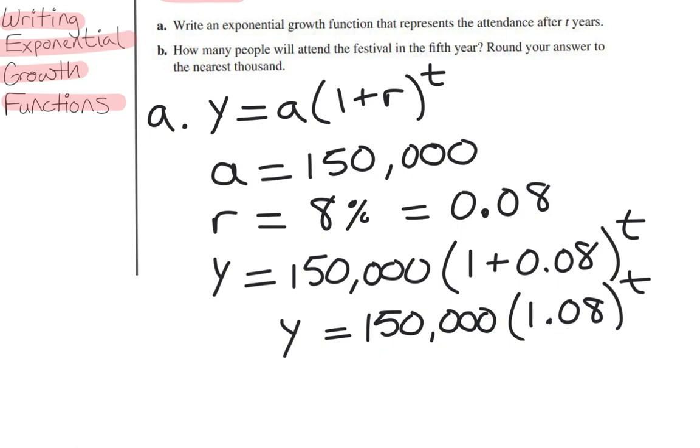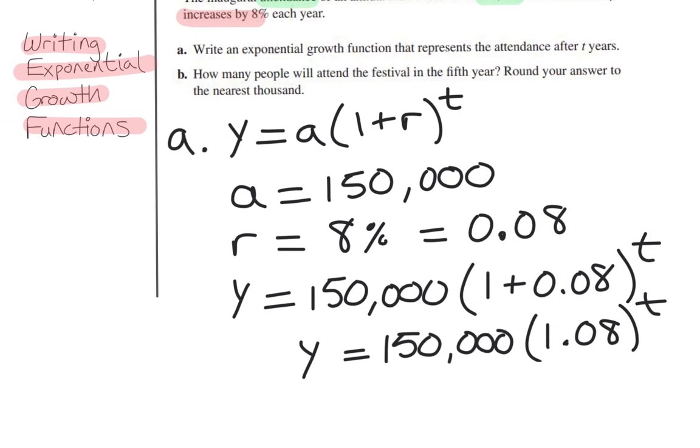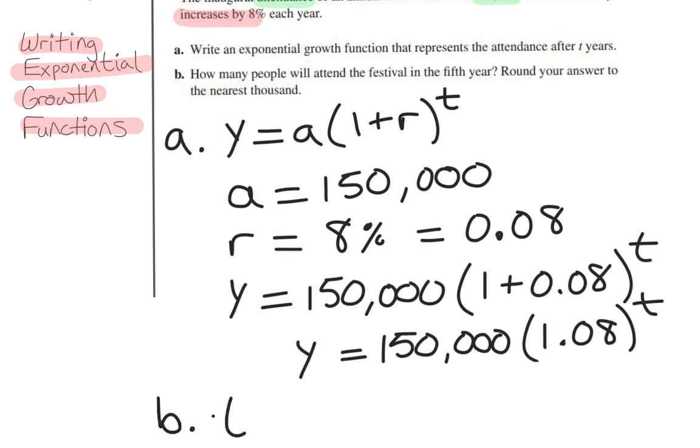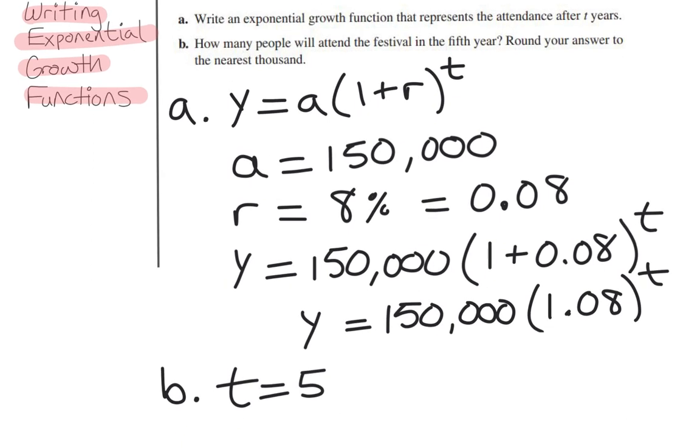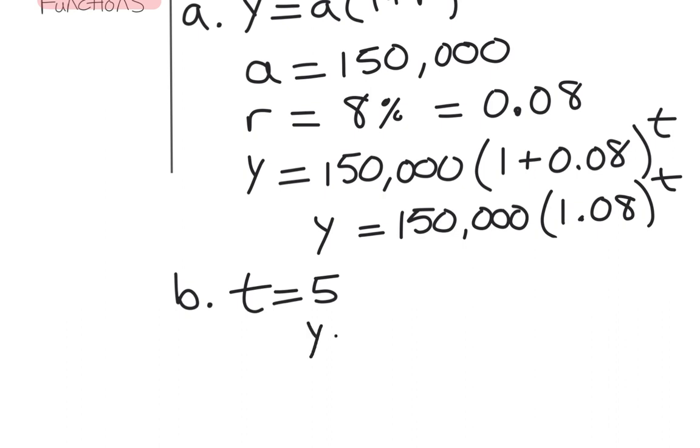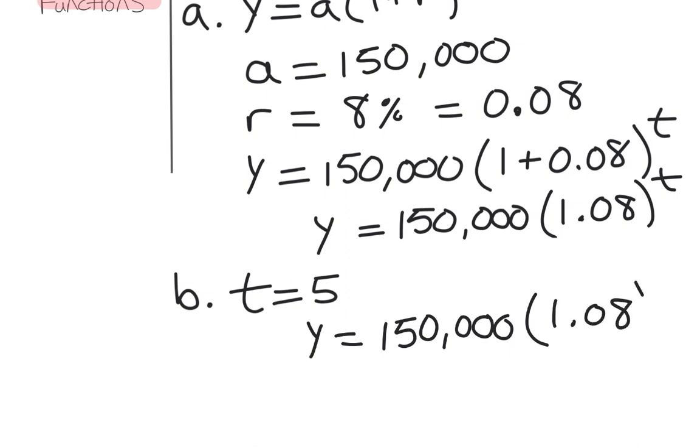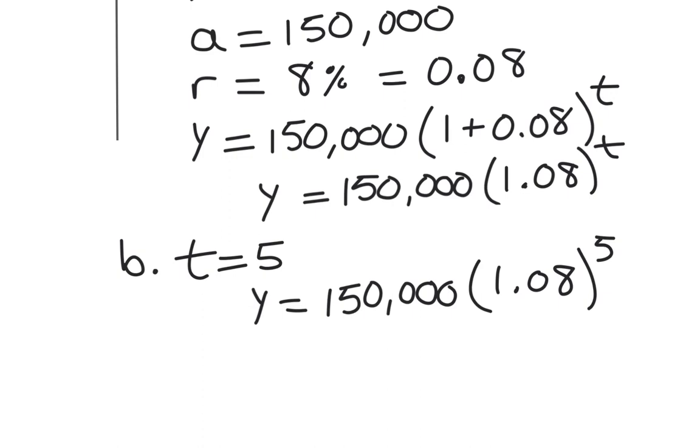Okay, and so we can answer our question with this function. It says how many people will attend the festival in the 5th year? Round your answer to the nearest 1,000. Okay, well, for part B, we know t must equal 5 because we're in the 5th year. And so let's just plug this guy in now to our function that we wrote. We have y is equal to 150,000 times 1.08 to the, not t power, but to the 5th power now. When we type this in our calculator, we get y is equal to